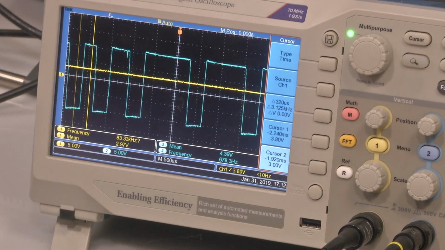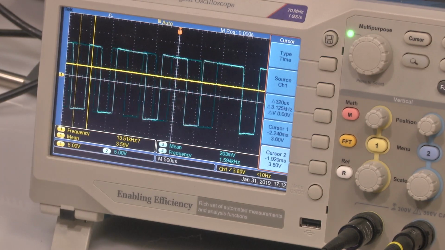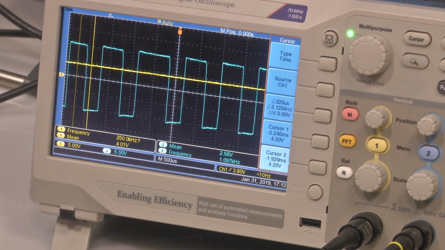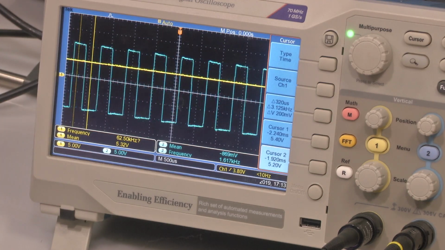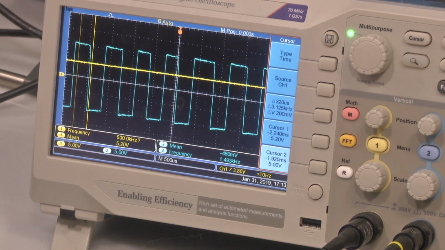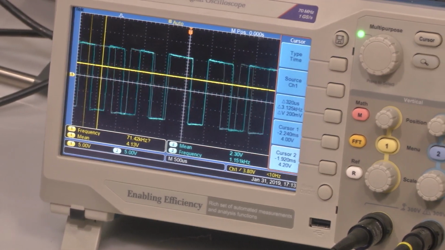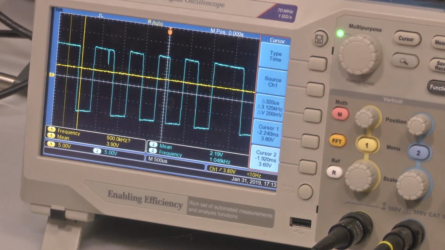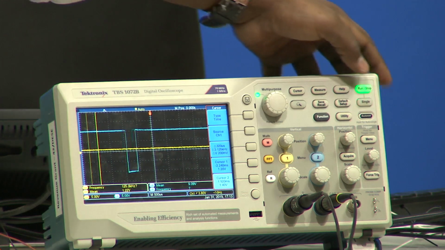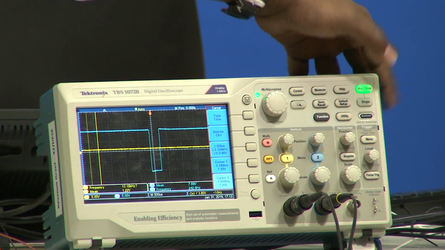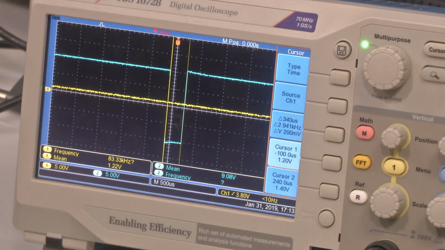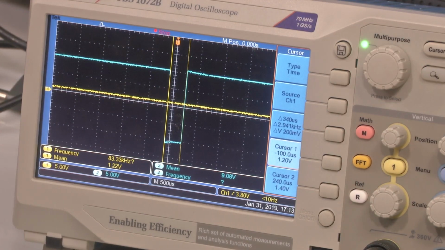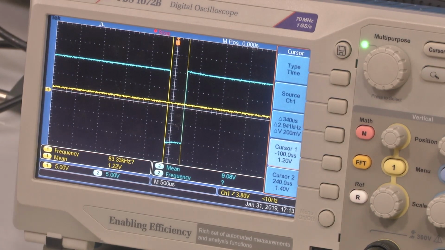So, depending upon the RPM, we can see the variation of the pulses, and it entirely depends upon the RPM, at what voltage the motor is running. Also it depends upon the position of our encoder. So, again let me measure at another particular voltage. Right now the voltage is at 1 volt. So, we got 340 microseconds.